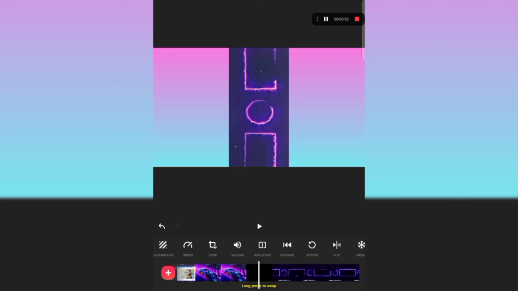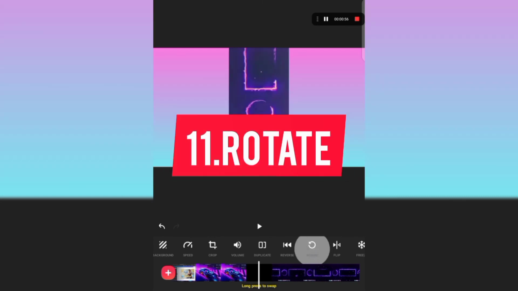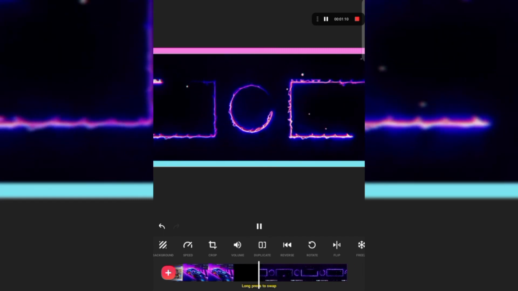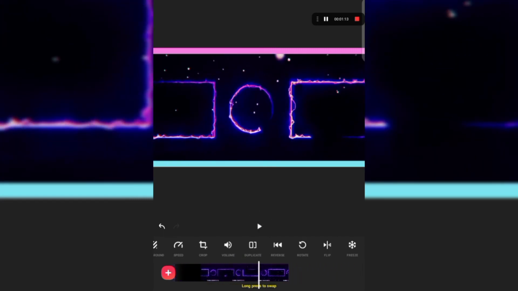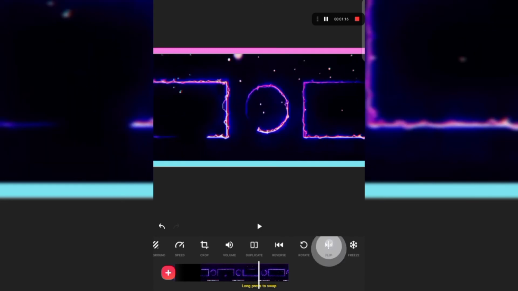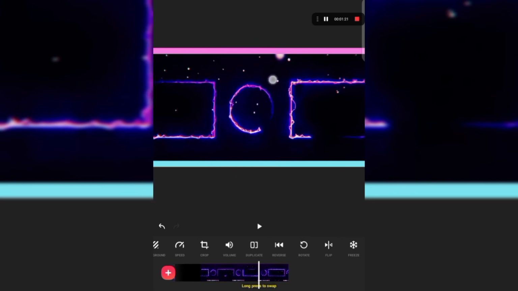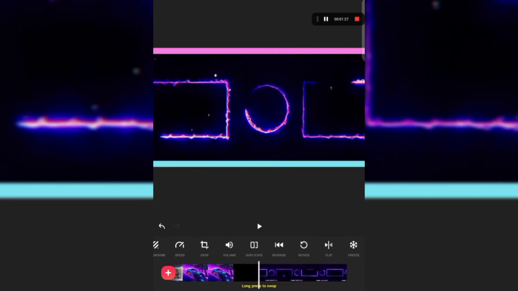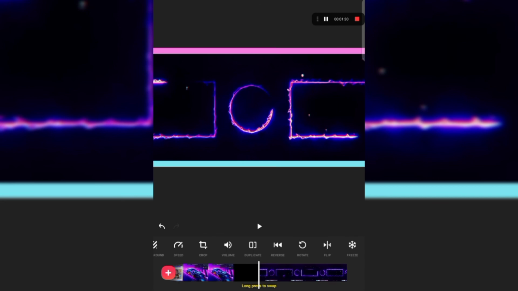So next is rotate. So you can rotate the video. For example, in the video if any error comes, you can rotate it. You can see the changes on the above display. So the changes are being made. Alright, so next option is flip. Horizontally flip. You can flip this video. For example, if the video came in selfie type of orientation, so you can flip it. This is not that much frequently used one, but you can use this in some conditions.